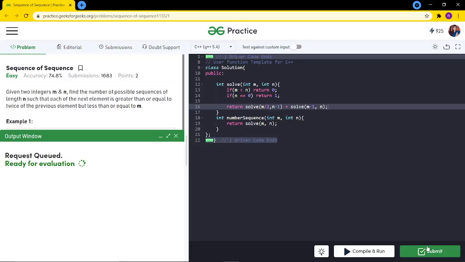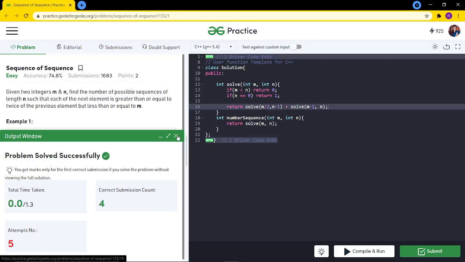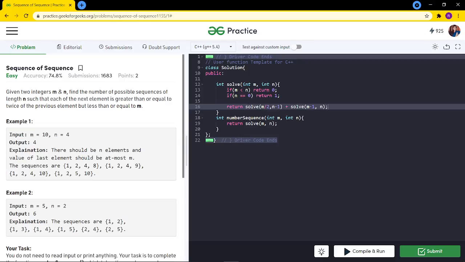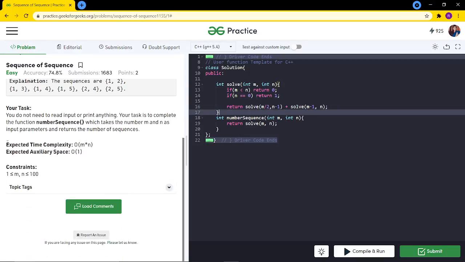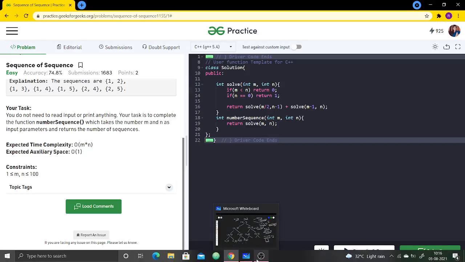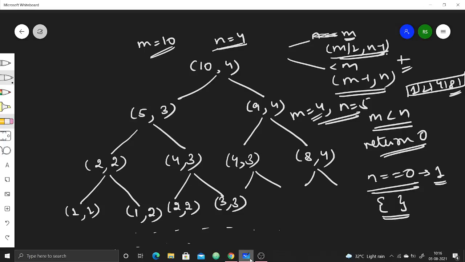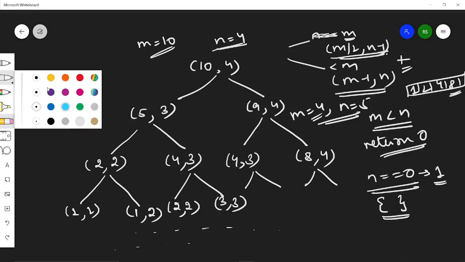So the compilation is successful. So yeah, the problem is solved successfully. But what is the time complexity? This is exponential. But what we were asked was we have to make it into m cross m into n, which is length into the last possible number. So if you observe this recursive tree, you can clearly see one thing, which is